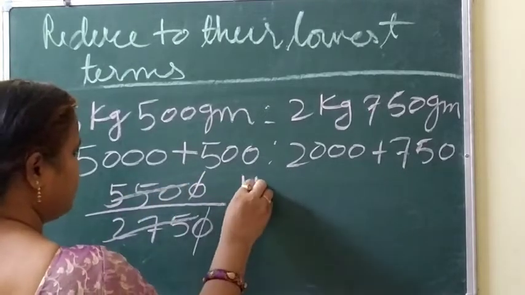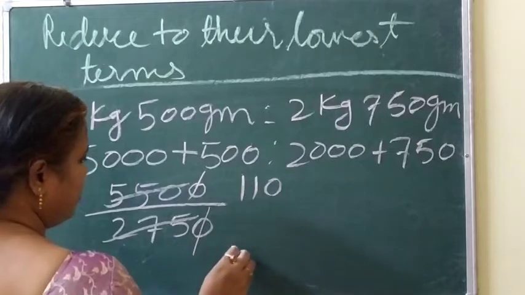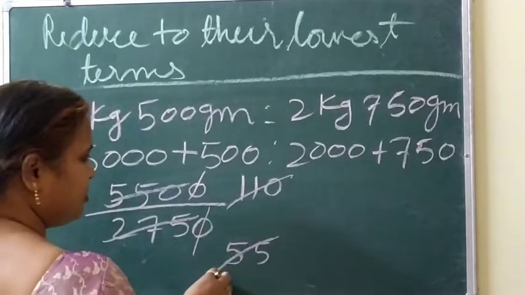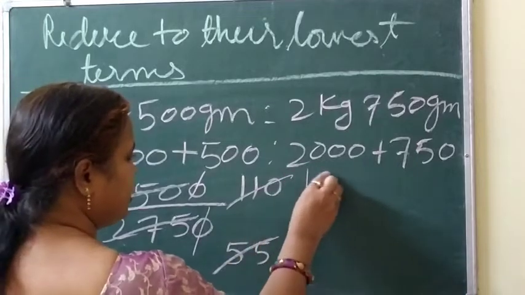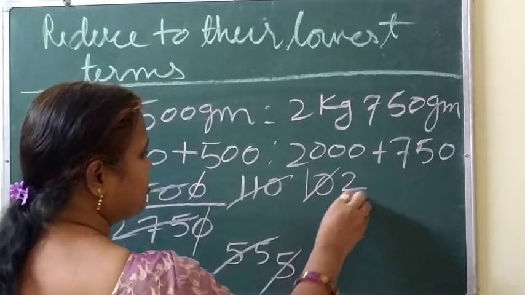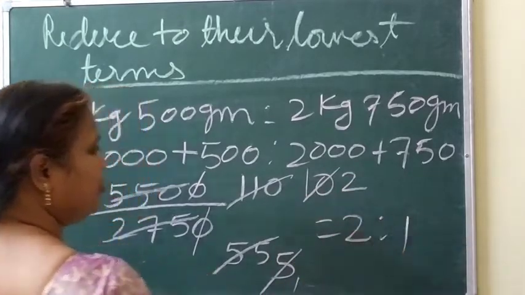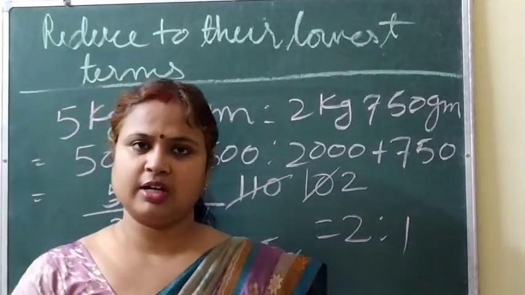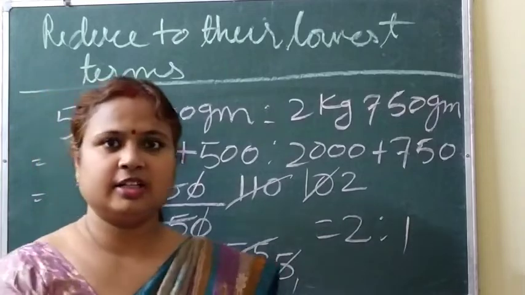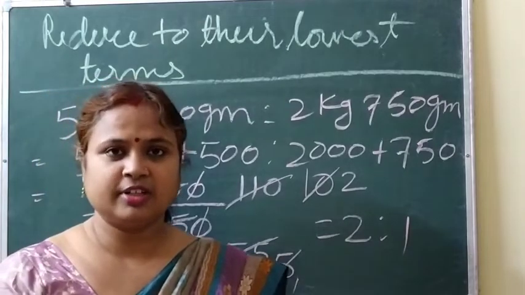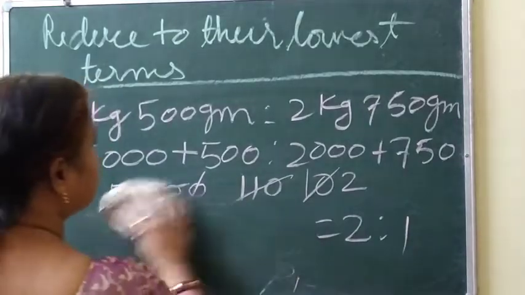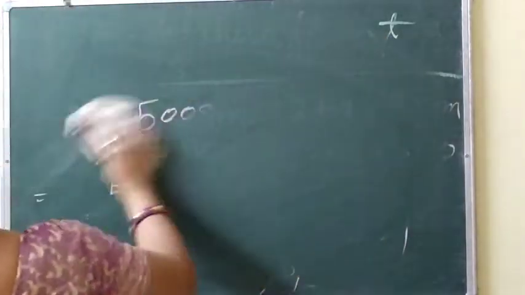So now 0 0 cancel again. 5 ones are 5, 5 ones are 5 and 0, and here 5 5s are 25, 5 5s are 25. Very easy numbers we have got here. 11 ones are 11 and 0, and 11 5s are 55. Again 5 ones are 5, 5 2s are 10. So the answer will be what? 2 is to 1. Okay. Clear? So now you can convert. All the conversions are here. So you have to convert it, and you know it is very easy to convert. Clear? I have explained the method also.